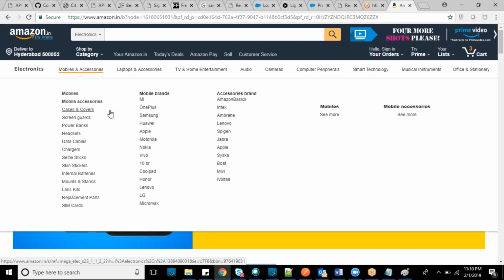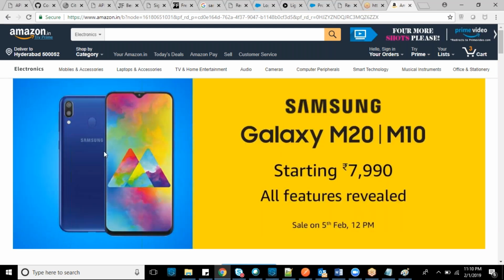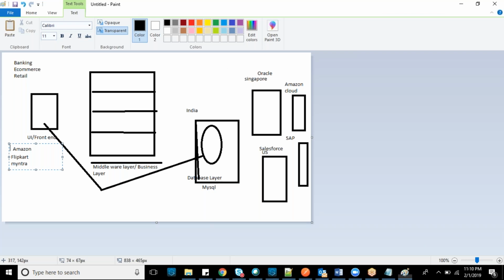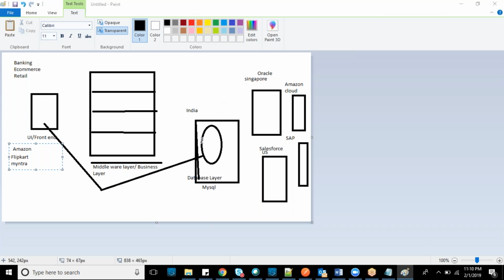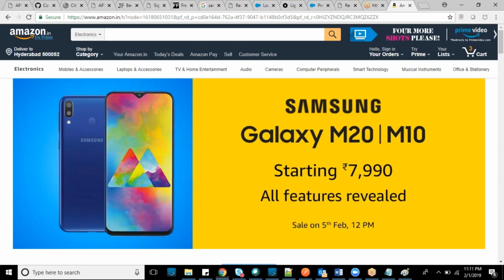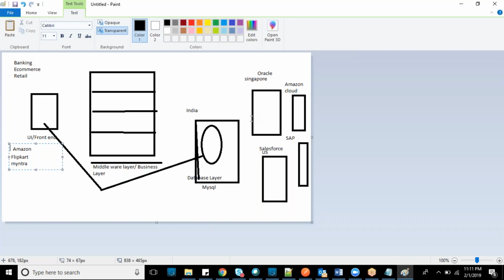That data will not be stored in the browser. The browser will not store the complete data. So this will come from somewhere in the backend systems, from the code, maybe Amazon Cloud, India, anything. They are stored in backend systems. Are you clear on this part? Yes, definitely they will hit the backend systems.